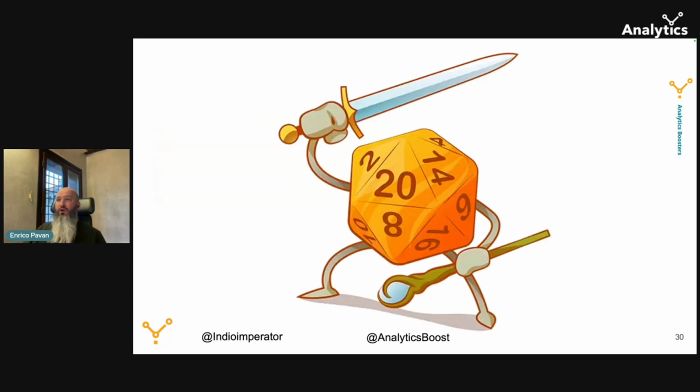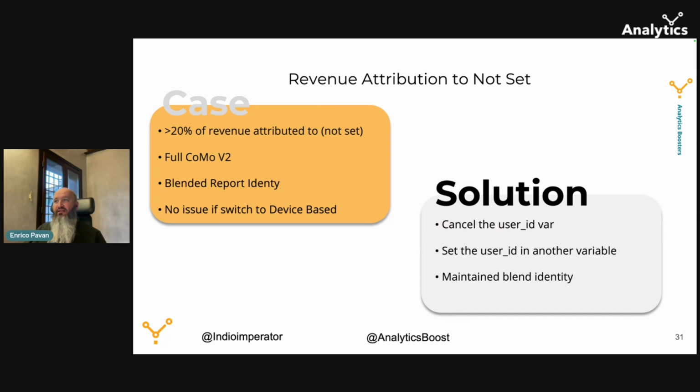So we are rolling a new dice and we got a 20, and the solution is to erase the user ID variable from the Google tag event settings, and then set the user ID in another variable named, for example, CRM ID, user ID underscore something else, etc., and then maintain the blended identity.